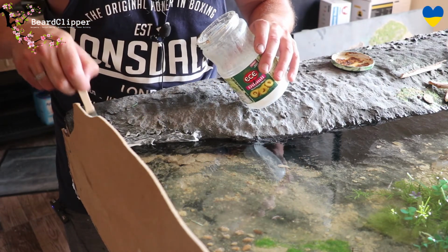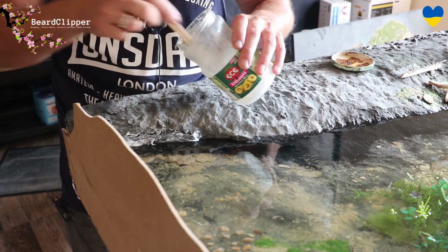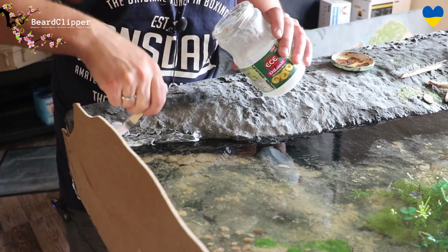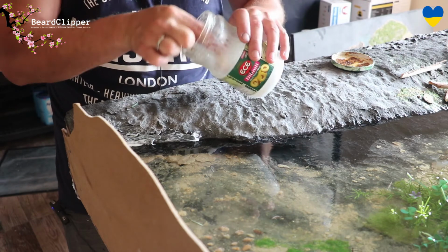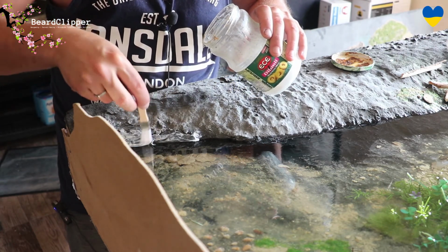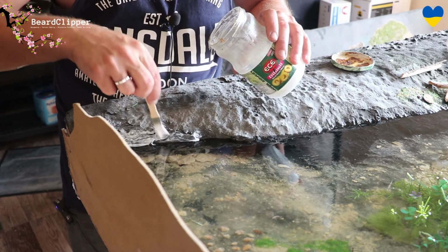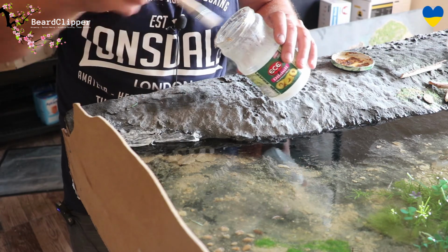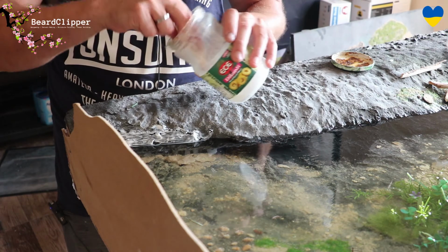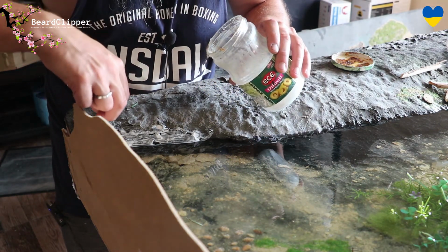So what I'm going to do is come along with some watered down PVA, and I might do this several times before I do another pour, because I really don't want to have all the resin disappearing into the guts of the build, because then I have to buy more, and it will work out like twice as much as it should, and it already is a dramatically heavy item. So I'm just going to come along here, try and seal this again. Hopefully this will prevent any issues in the future,